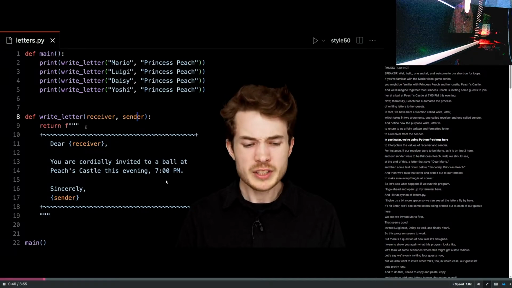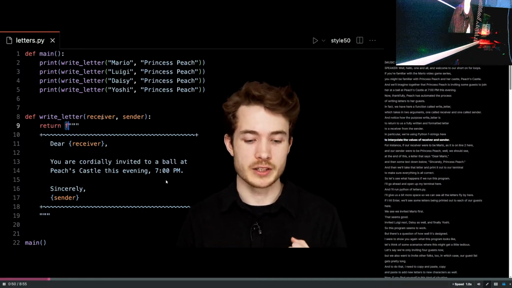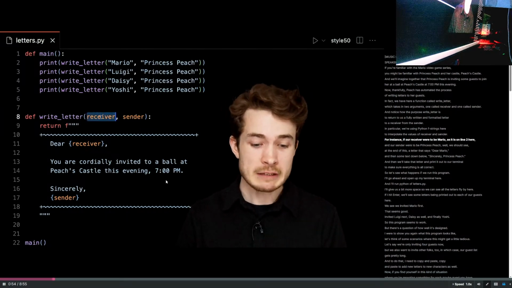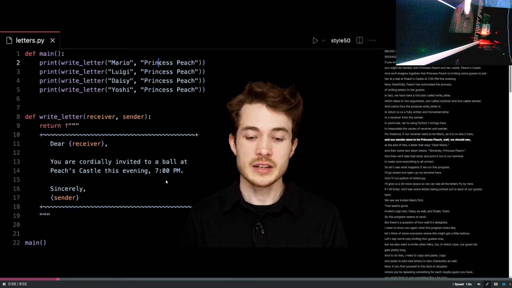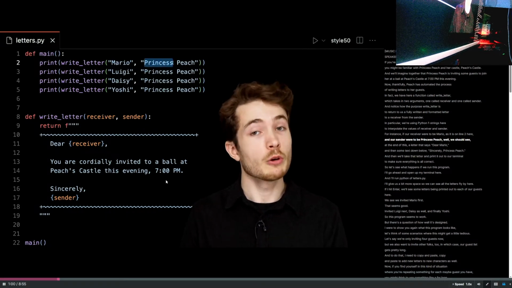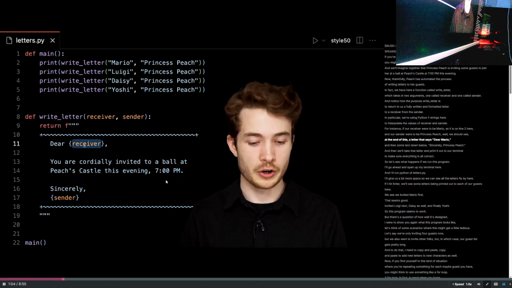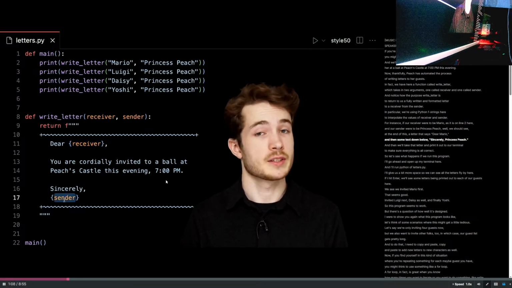In particular, we're using Python f-strings here to interpolate the values of receiver and sender. For instance, if our receiver were to be Mario, as it is on line 2 here, and our sender were to be Princess Peach, well, we should see at the end of this a letter that says, Dear Mario, and then some text down below, Sincerely, Princess Peach.